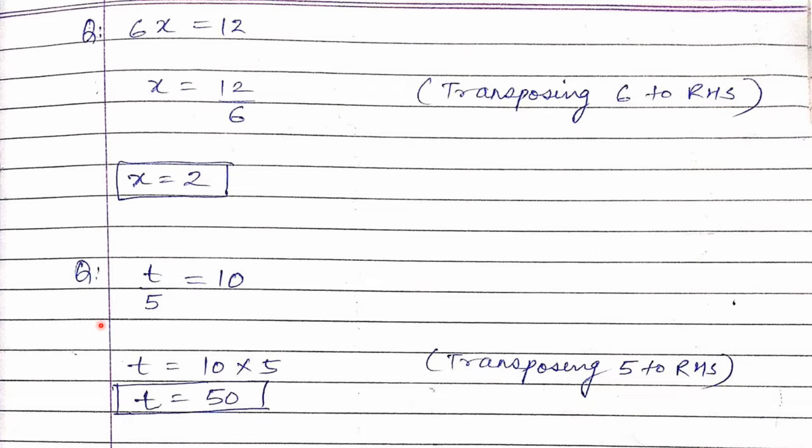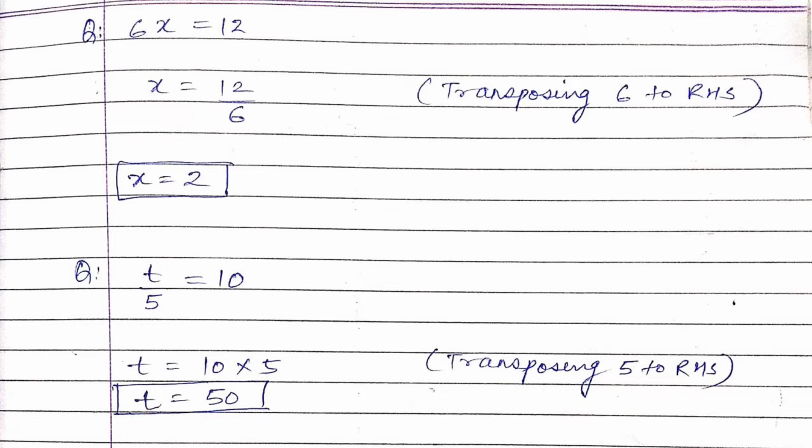Similarly in this question, you want the value of variable t. It is also a linear equation in one variable because only t is the variable here. To find the value of t, again cover this t and see what is extra. You can observe 5 is extra. Now see what this 5 is doing on this side. It is dividing the t. As it is dividing t on this side, when it goes to the other side, it will become multiplication, as we have seen in the last class. So this 5 came here and became multiplied. So we have got t is equal to 50.